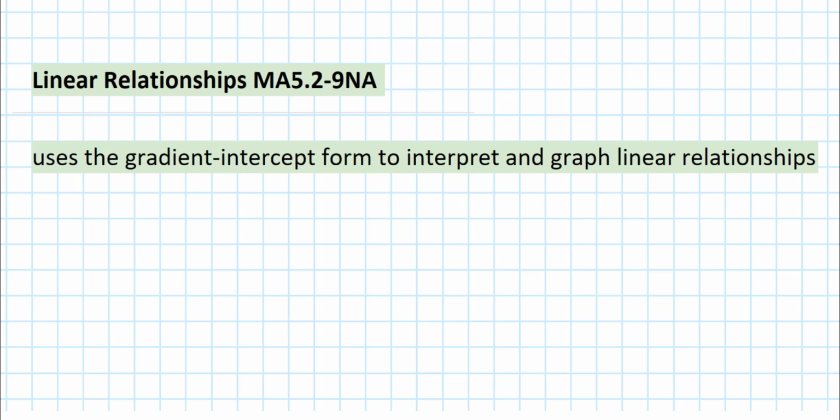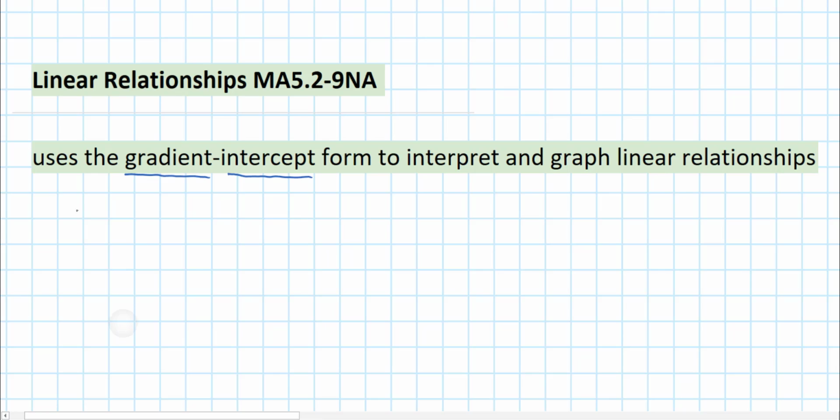This is the first video in a series of videos covering linear relationships from the Stage 5 New South Wales Mathematics syllabus. In this video I'm going to look at the gradient-intercept form of the equation of a line and the different aspects of it in both the equation itself and its relationship with its graph. I'm going to assume that you already know what gradient means and also what x and y